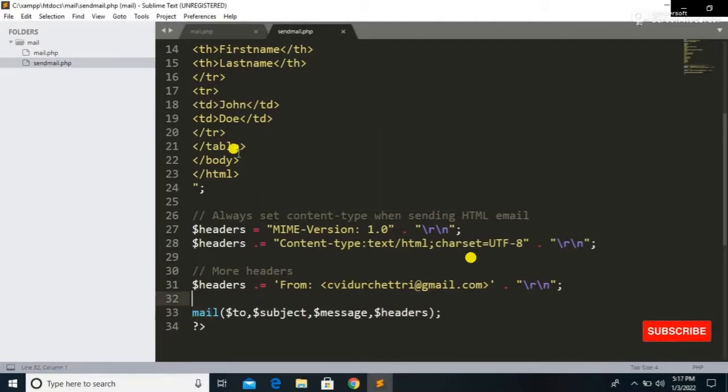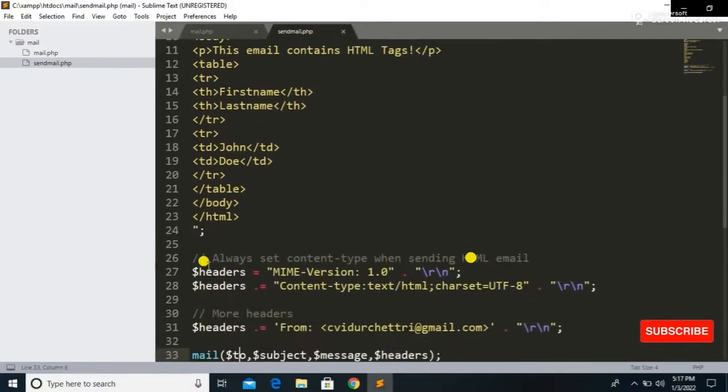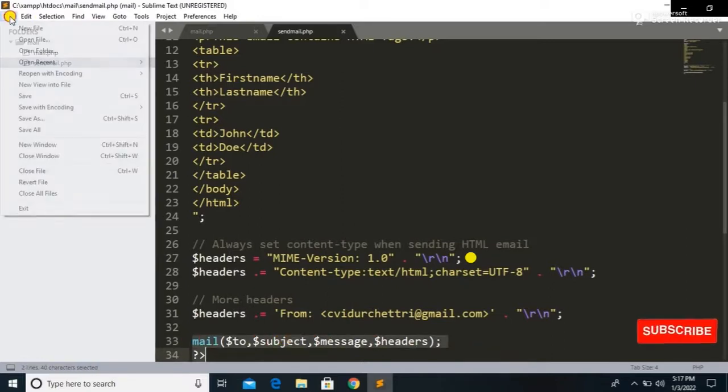I have already posted this code in the comment section. Here in variable to, we need to write the email address to whom we are going to send the mail, and these are some header variables which are used to configure the HTML tags, and this is the mail function which is going to be used to send the mail. So let's save the file.